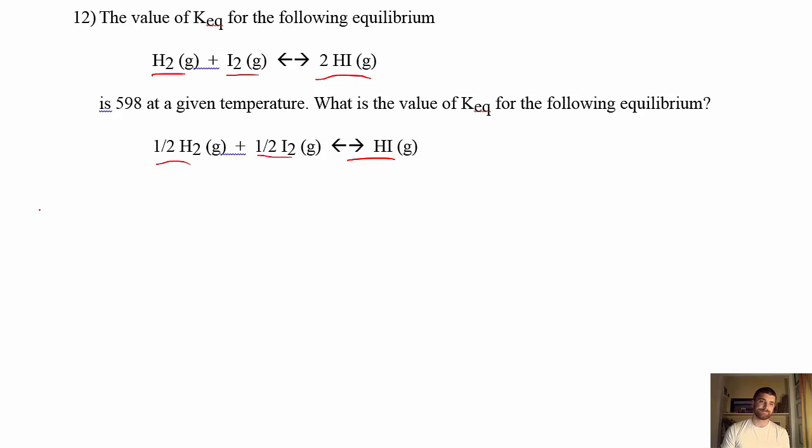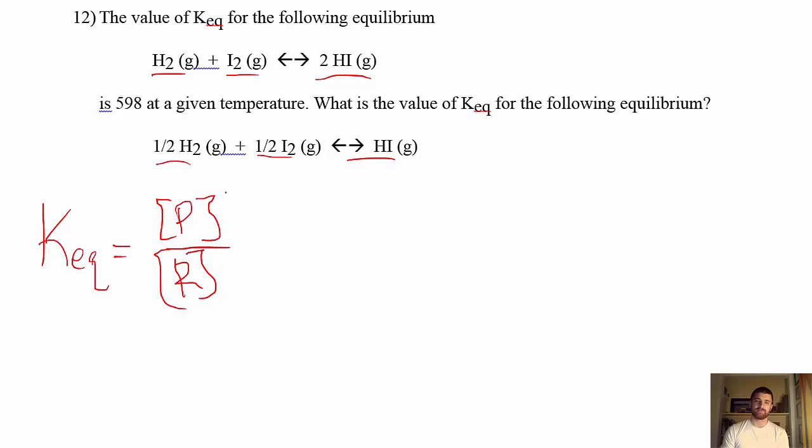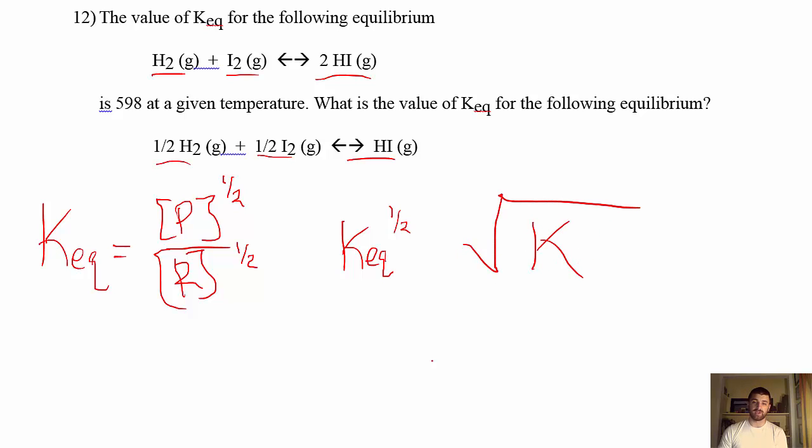All right, well, I know KEQ, again, is the products over the reactants. And if I cut the reaction in half, what I'm doing to the coefficients I'm also doing to the KEQ, so the KEQ is going to be to the 1/2 power, which is the same thing as saying the square root of that K. So we got the square root of 598, because it's given to us right there, and we get